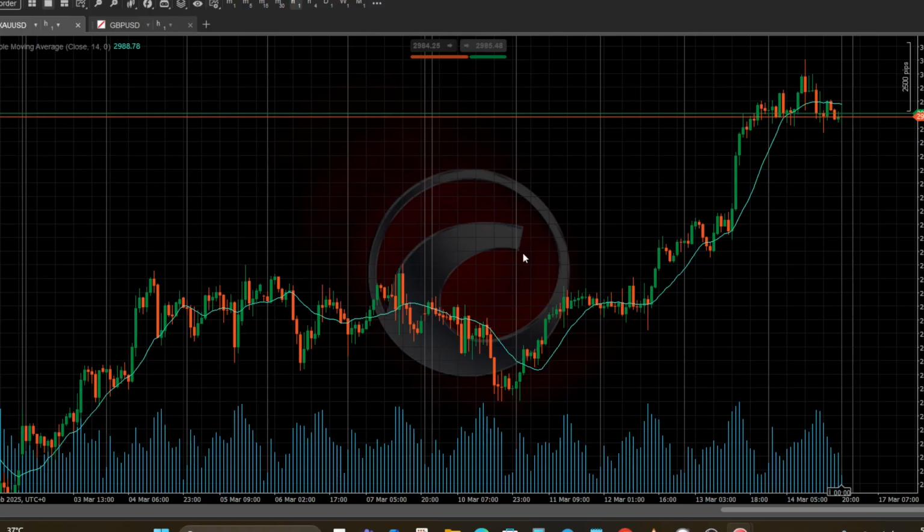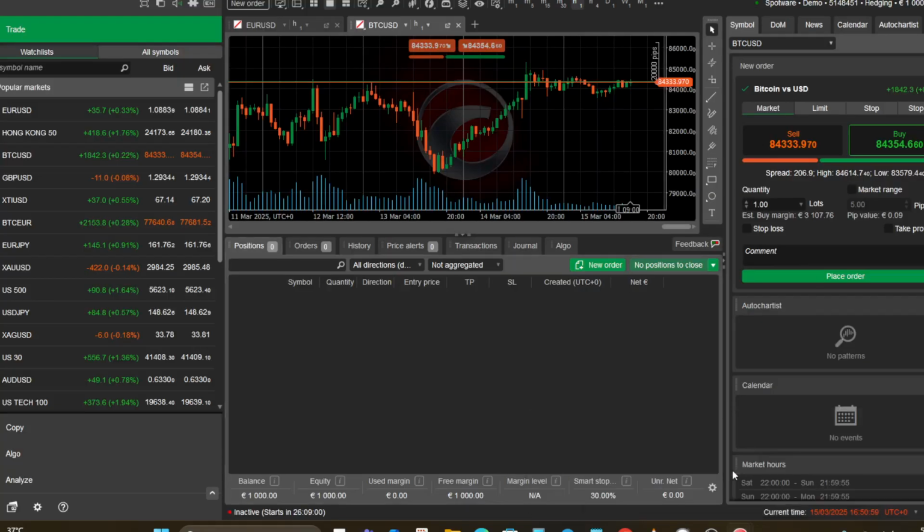It's a good idea to keep an eye on your account balance and margin levels when you have trades running, so that you are not overexposed to risk. This is just important information. Now let us wrap up with how you can customize your cTrader workspace to make it your own. It's important to remember that the cTrader